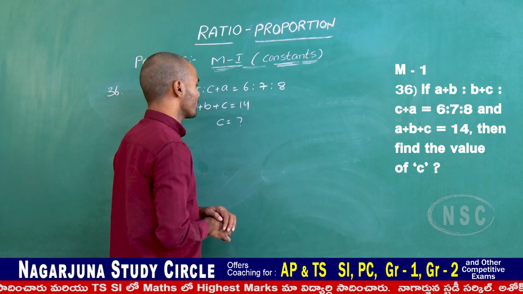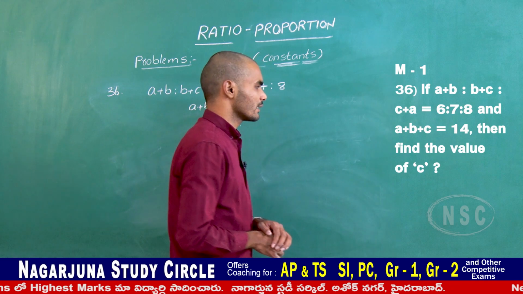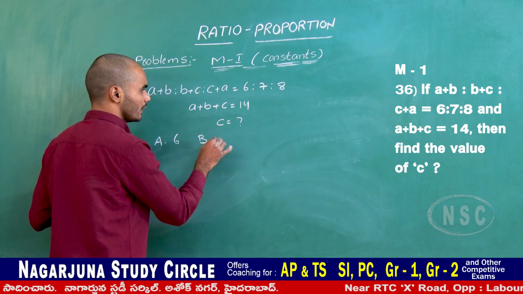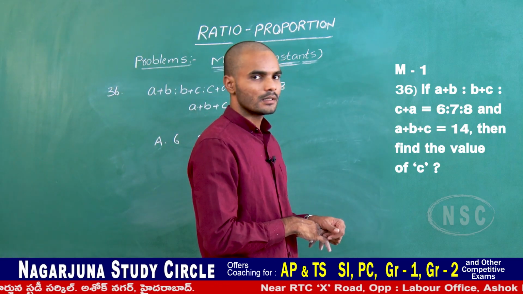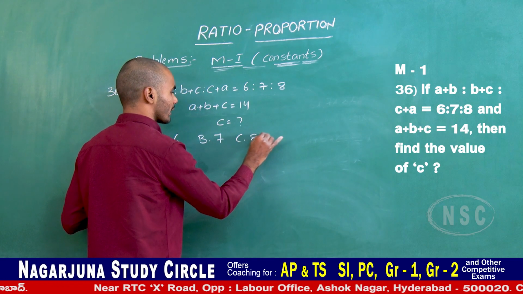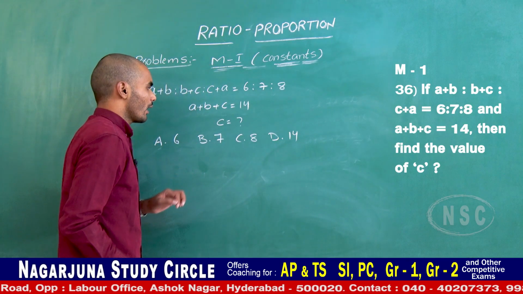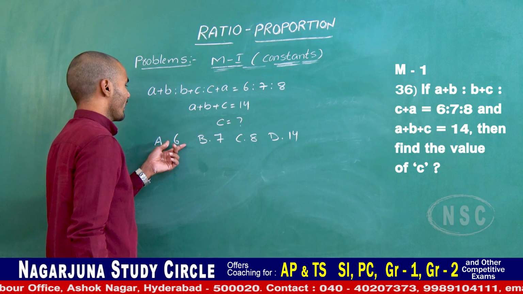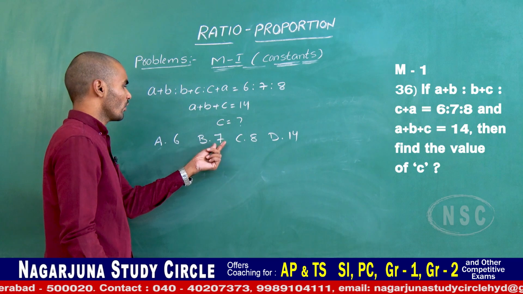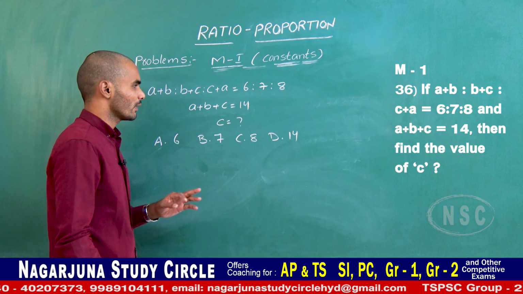Okay, just observe this through the option process. Option A 6, option B 7, C 8, D is 14. Okay, D is 14. Already if this is the value of maybe C, the remaining are 8. The value of B is 7, the remaining are 7. So this is the process, but this one is wrong.